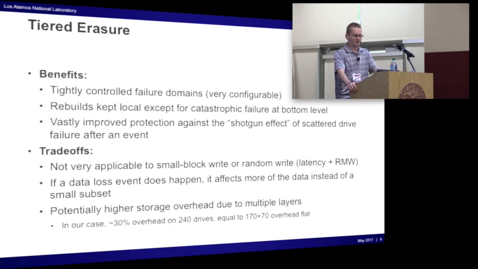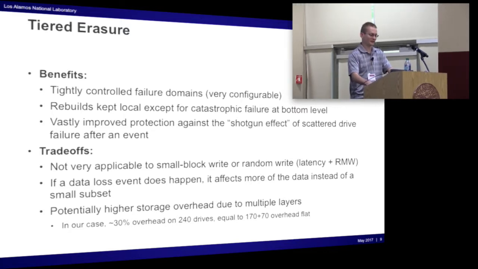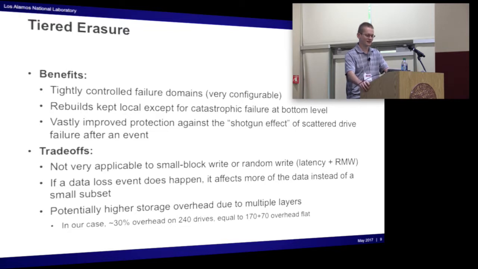So we're trading off some things that fit our use case specifically, in that multiple tiers of parity give us the protection that some people are trying to call an archive, and we've said, yeah, our mean time between data loss is going to be some gargantuan number unless we have a systemic drive problem. I don't like calling things archives when they're connected to the grid. I don't even call it a backup if it's connected to the grid. It's just longer term storage that you can kind of ignore a little bit more. So it doesn't fit every case, but that's what we're doing to protect our data.